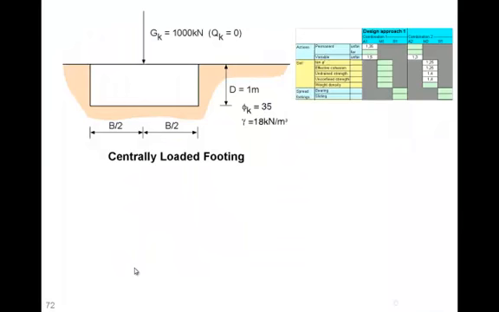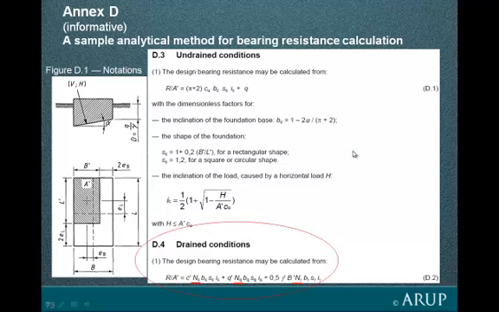All of those are spread foundations. Let's look at a very simple pad here, just to get the principles sorted out in our minds. Very simple. It only has a permanent load, no variable load, no inclined load. Remember that we will have to do two calculations, one with factored loading, one with factored ground strength. Annex D of Eurocode 7 provides bearing capacity factors for the ultimate limit state calculations. Here's the familiar bearing capacity factor calculations,